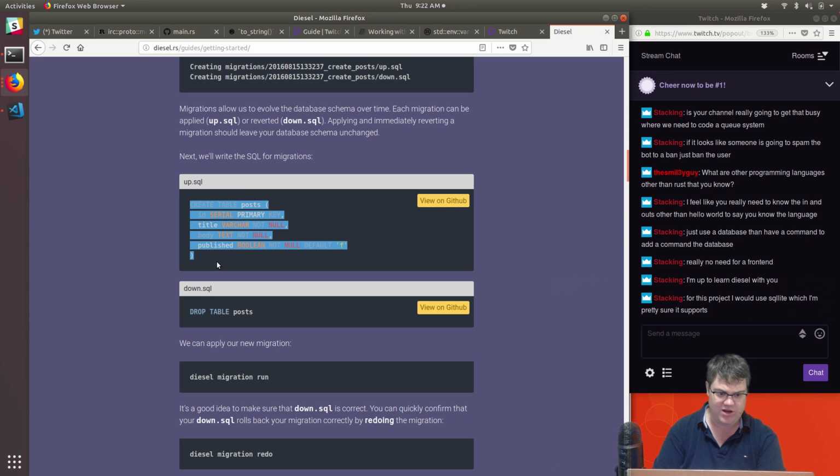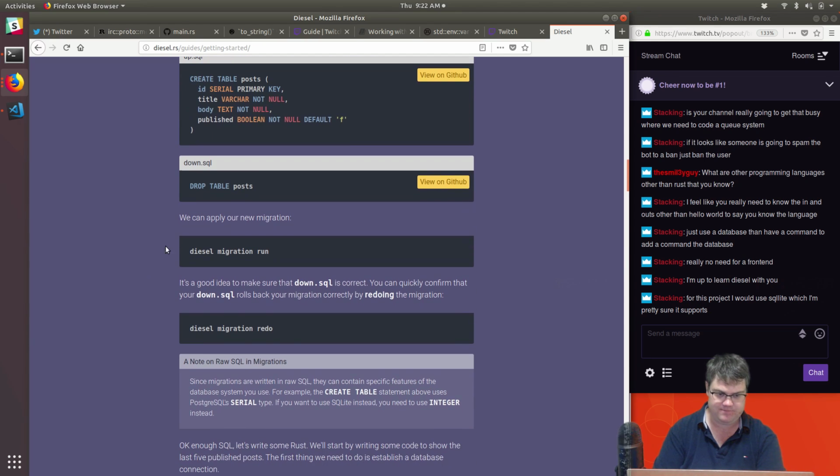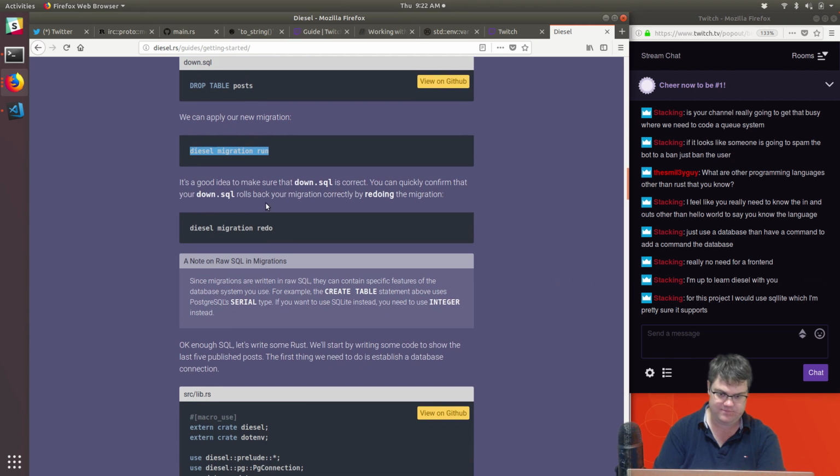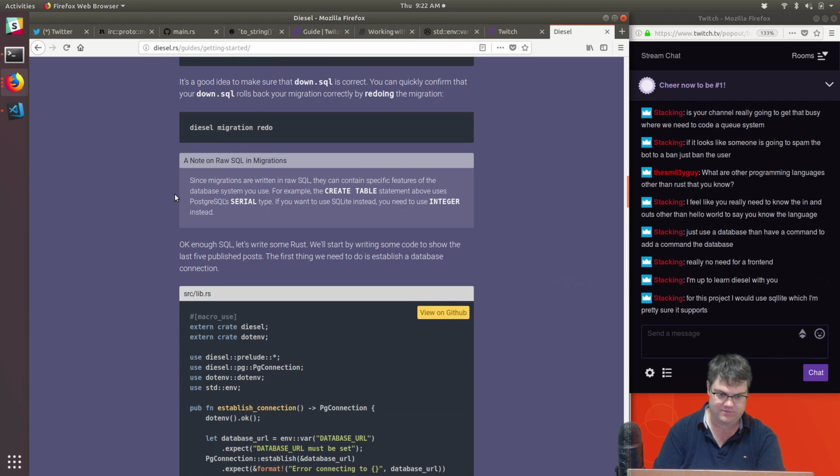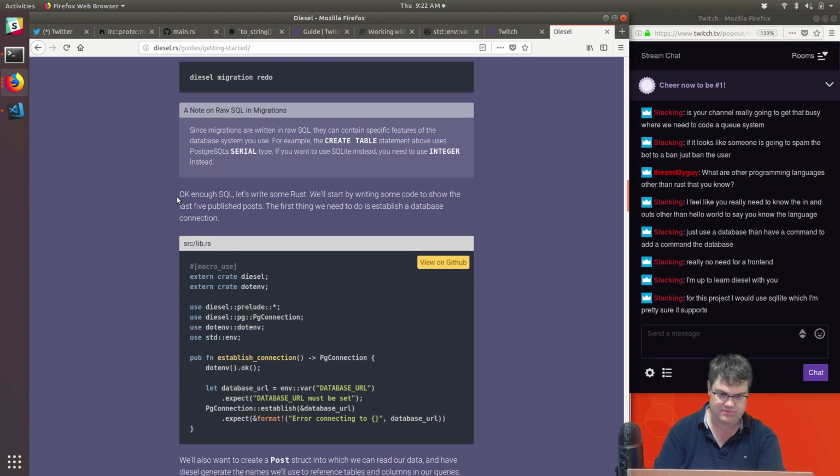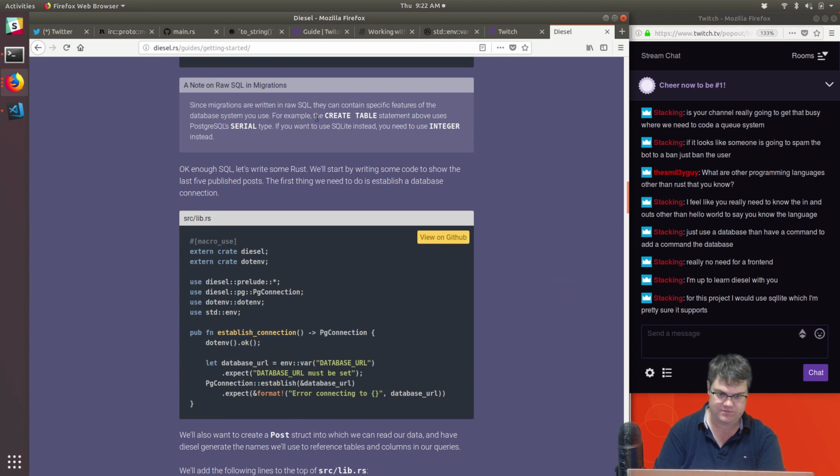Oh, we're going to use raw SQL for it. Interesting. We can apply our new migration, diesel migration run. I was kind of hoping that its migration would be in Rust too, so that way it could convert to any of the